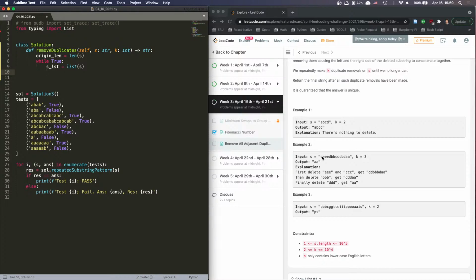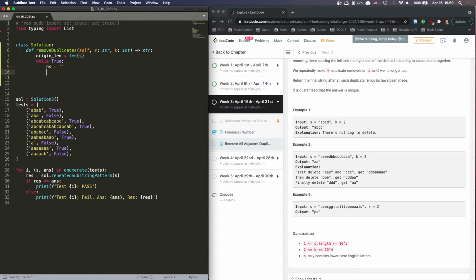And then if it's larger than this, then we can remove, and then we push in whatever is left, okay? And then check. That might be a better solution, right? And we don't have to turn this into this yet. We're gonna say ns, next s, we want to build it. And then we're gonna say for,